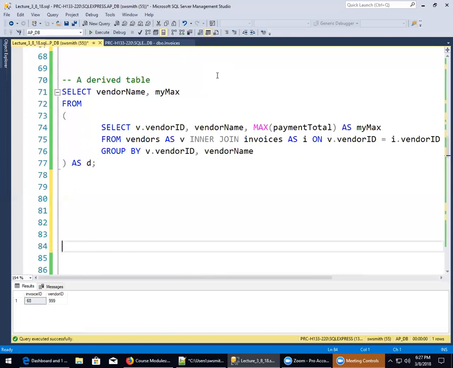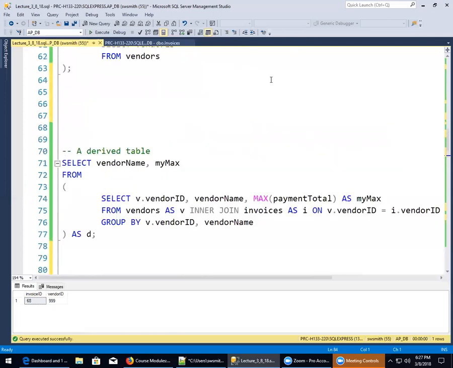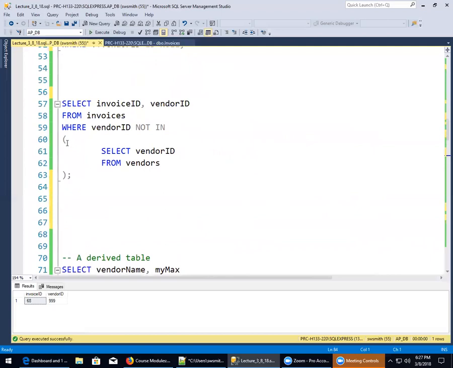I'm going to talk now about something different. Up until now, the subquery has been something like this: where vendor ID is in, vendor ID is not in, and I'm going to make the case for using in. You will see a lot of people will write an equal sign there, where vendor ID equals or does not equal. I'm going to argue against that in just a moment. It will work. So you will see if I were to change this to a not equal,